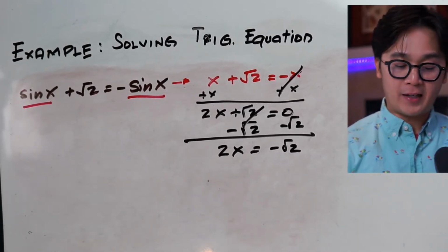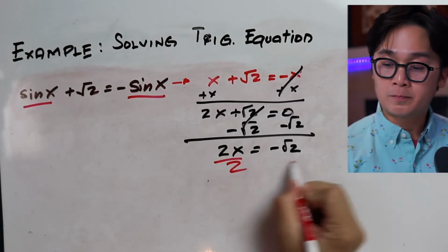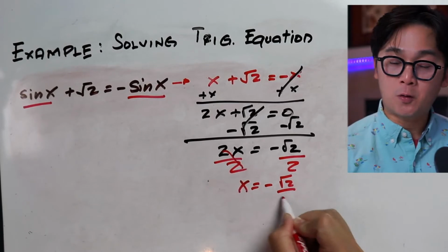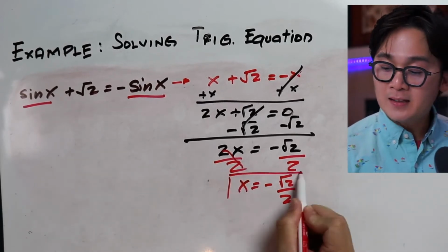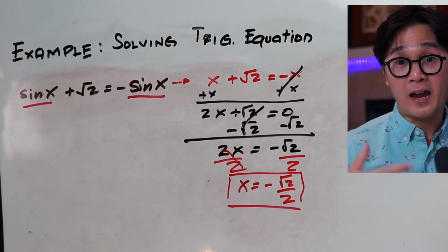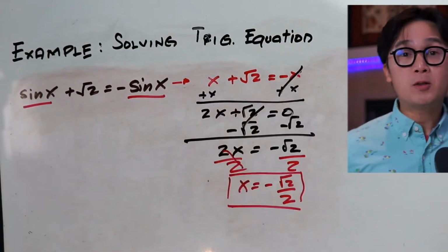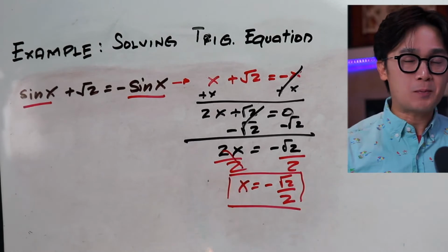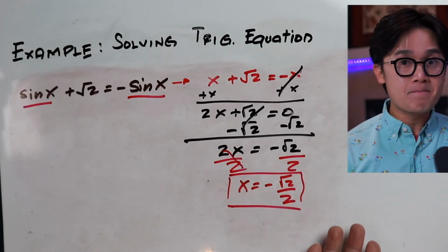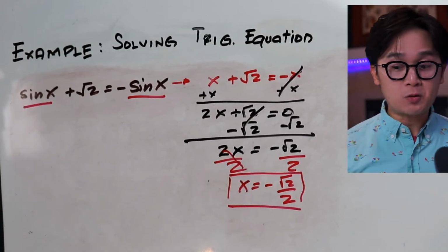And then by dividing both sides by 2, x is equal to negative square root of 2 all over 2. And this is how we solve an algebraic equation in algebra. All our students will be able to understand these steps because this procedure is something that they are more familiar with. And then we're going to translate it to trigonometry,